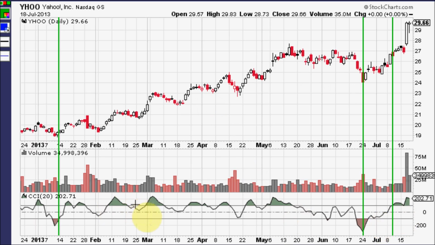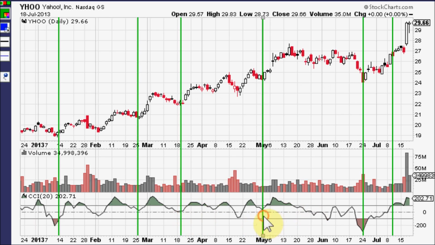The other really important thing is the zero line. Every time it comes down and bounces off of the zero line, like right there, and right here, and right here, that also means the stock is going to go up. It goes up here, it goes up there, it goes up on my buy signal, crossing up through the minus